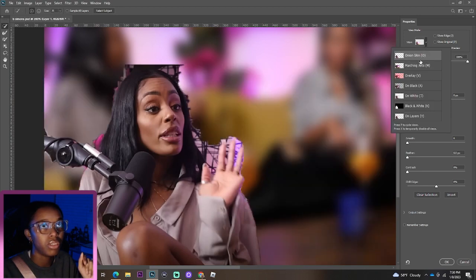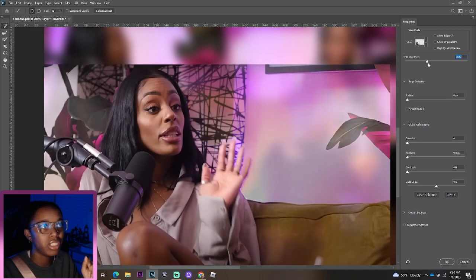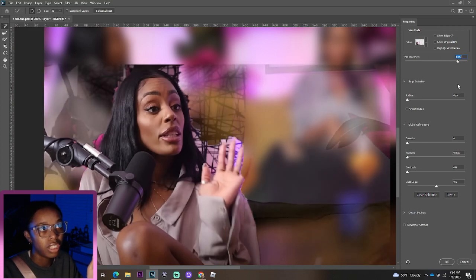There we go. I'm gonna click on the onion skin thing. I was looking for it. There we go. All right, but if you kind of play with the transparency, you see what you have selected or haven't selected. So if I do it just like a little bit, put it at like 87%,